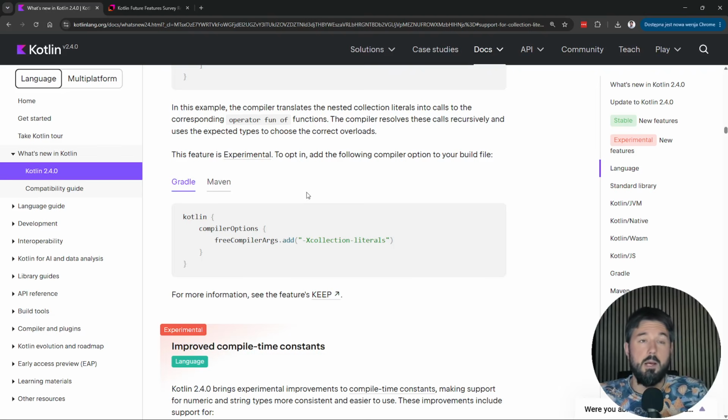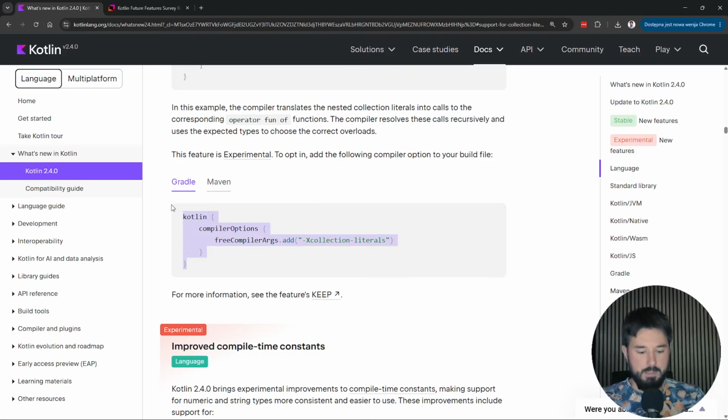To show you how they work, I needed to download the IntelliJ early access program version, which anyone can download. You just search in Google for IntelliJ early access program. It supports it already. Before it is supported by the stable IntelliJ version, I don't expect this feature to be seen in real life projects, because it's hard to expect everyone in the team to switch to an early access IntelliJ version just for a simpler syntax.